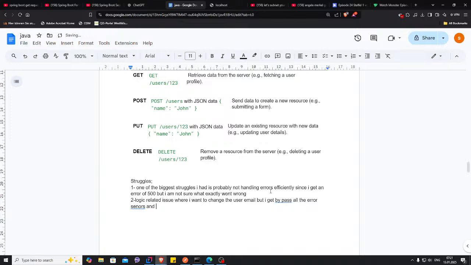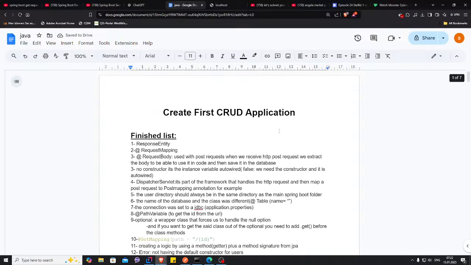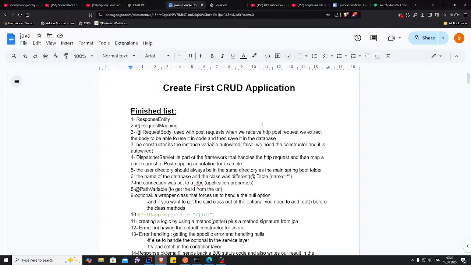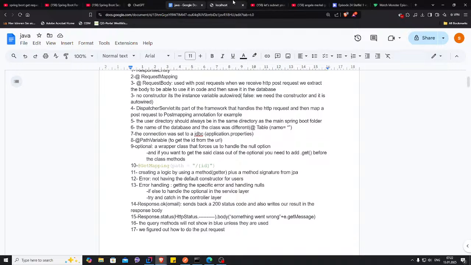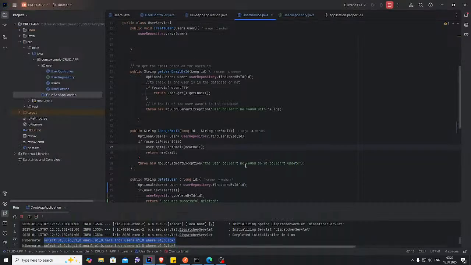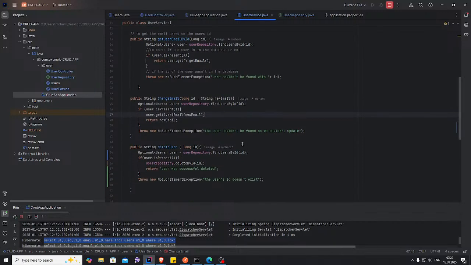Or to be more specific, the user isn't changing in the database. Oh, how do we solve this issue? We only found the user here and we are not inserting the